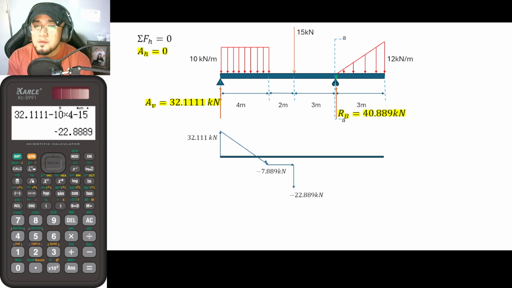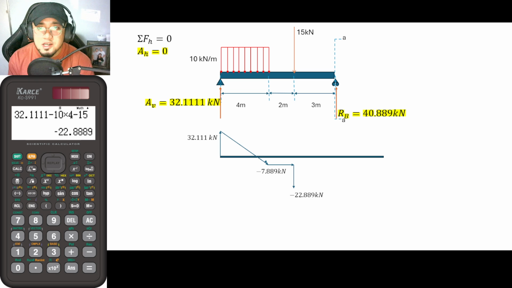Okay, so if you would be cutting a little bit left of the support, I mean from the support, meaning that the support will not be considered yet. Okay, so with that, guys, let us cut it at that section. And once again, summation of forces vertical. So this is now equal to